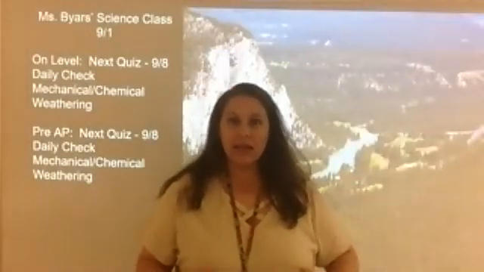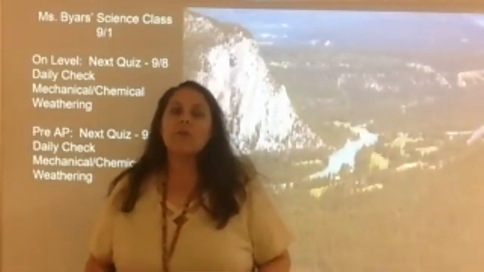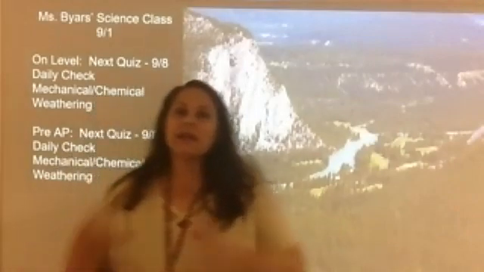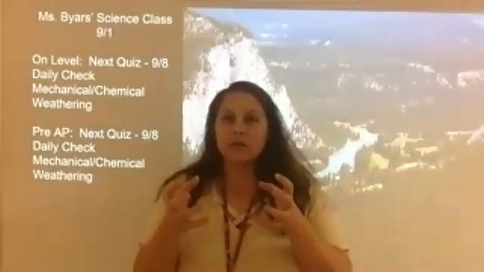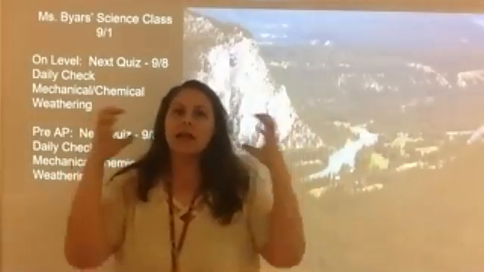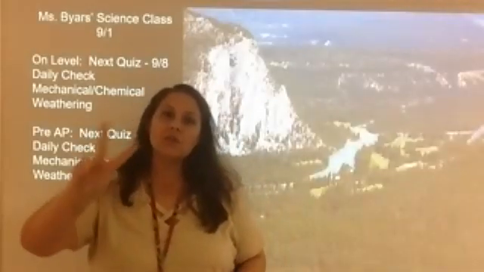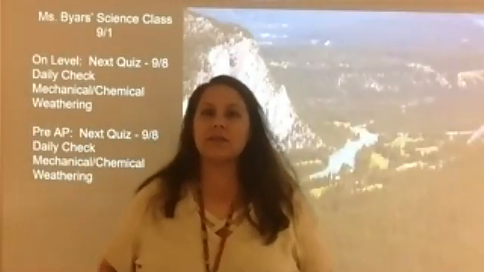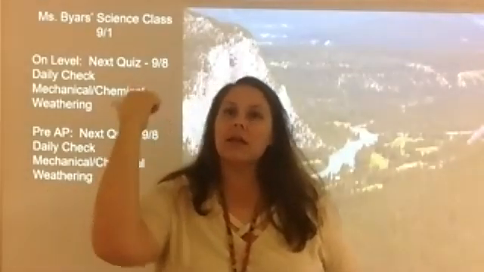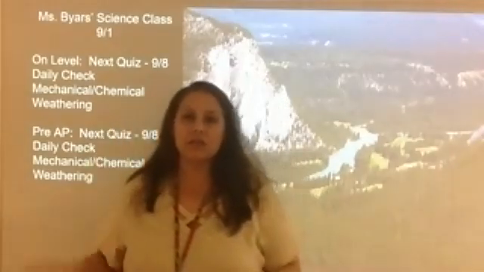Now we're going to take what you remember about physical and chemical changes, and we're going to apply that to weathering, all right? Weathering is breaking down of rocks. So it's taking the big rocks that we find on the Earth's surface and breaking them down into smaller and smaller pieces. And we have two ways that we're going to talk about today of doing that: mechanical weathering and chemical weathering, right? Goes along the lines of physical and chemical changes.